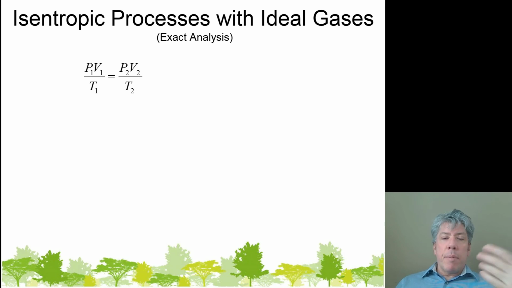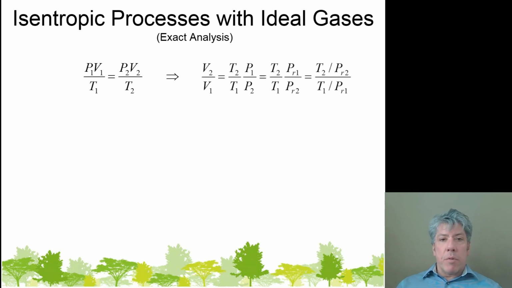Now we can do a little bit more with this. We don't have to restrict ourselves to that one isentropic equation, because if the process involves an ideal gas, which was one of the assumptions we had, then that gas is related by the ideal gas law between the first and second state. So P1V1 over T1 equals P2V2 over T2. You can get this by starting with the ideal gas law and realizing that the mass and the gas constant are constants, and so this relation just falls out of that. From this, we can rearrange a little bit to solve for the volume ratio V2 over V1 in terms of the temperatures and pressure ratios,